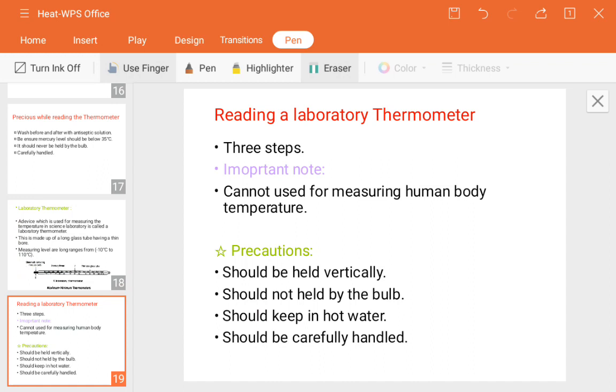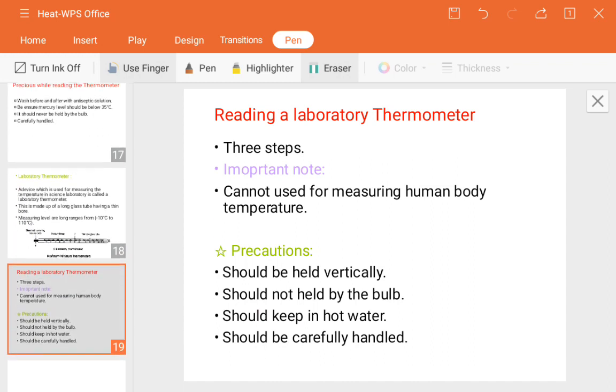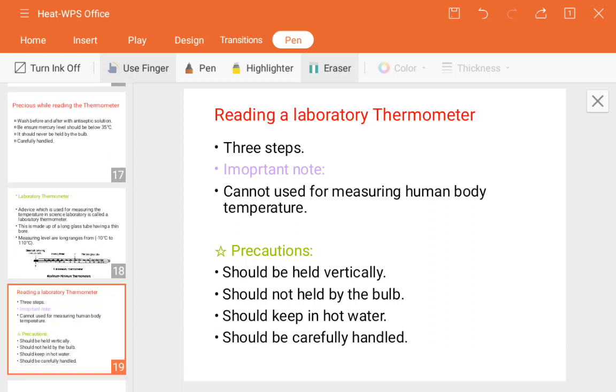So nowadays digital thermometers are available, and instead of using a mercury thermometer, we can use a digital one. We do not need to keep it in hot water or measure again. It can show an instant reading. So instead of handling these things, we can use a digital thermometer also. So this much is about our chapter, that is heat.